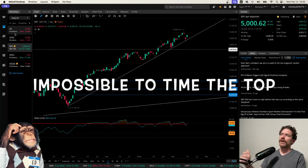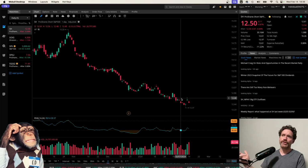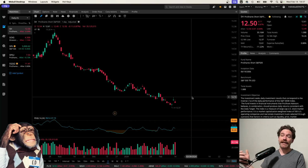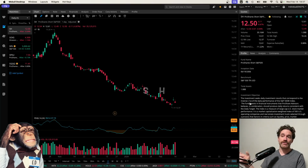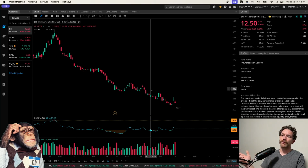I've started to build a very small position, really just every week. I add one more share at $12, $13 a share. It's pretty cheap. I've just been adding to this S&P 500 short ETF, ticker symbol SH, which is not leveraged. It's just inverse the S&P 500. And if it were to return to the highs of October 27th from the current price, or from right around